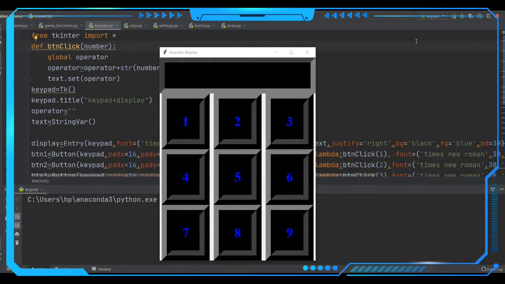This is Balaji. In the previous videos, we saw how to make a display and how to make a keypad using the Tkinter toolkit. In this video, we are going to connect them both and perform an operation: if you press the button 1, then 1 should be displayed on the display. Like that, 2 will show 2, and 3 will show 3. Whatever button you press, that button's data should be displayed on the display. So let's see how we are going to code this.